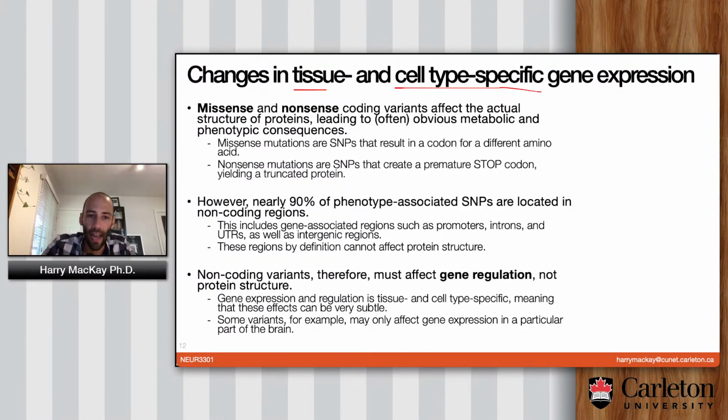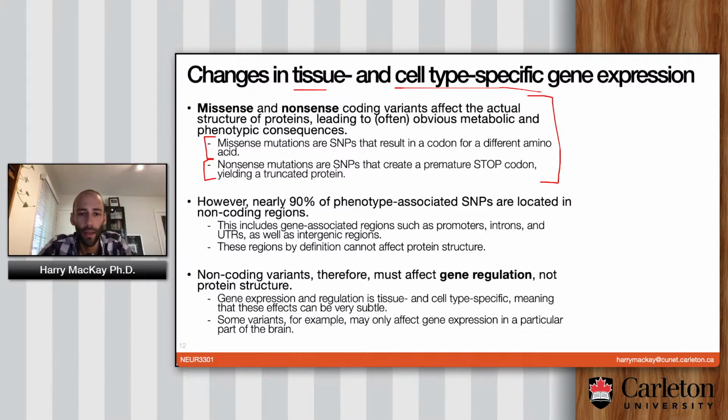Anyhow, the kinds of variants that affect proteins are either missense or nonsense. They can affect the actual coding. Missense SNPs are ones that result in a codon being switched for something else. A codon is just a three base sequence that denotes a certain amino acid, and you can switch one of the bases there and sometimes get a different amino acid that changes the way the protein is. You can also have nonsense mutations that change a codon into a stop codon that makes the protein shorter than it should be and typically ruins the protein's function.